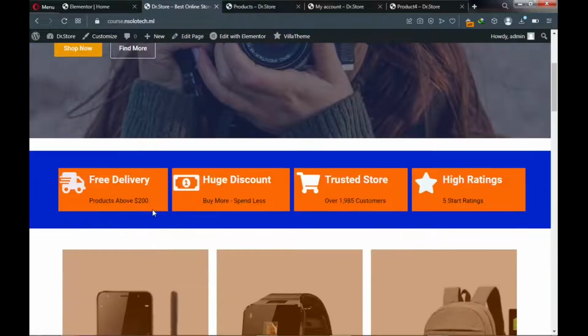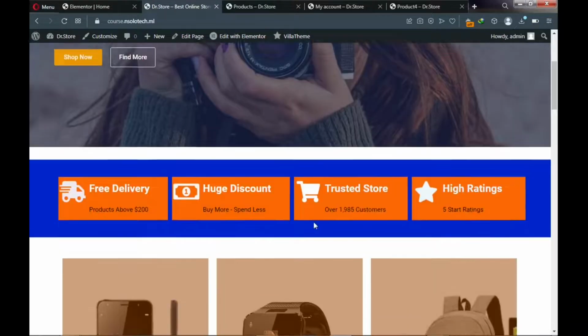When we scroll down, we can see this area of the website, and this area has certain, let's say, your features: free delivery, huge discount, trusted store or shop, high ratings. I'll show you how to create these cards. Below you can see